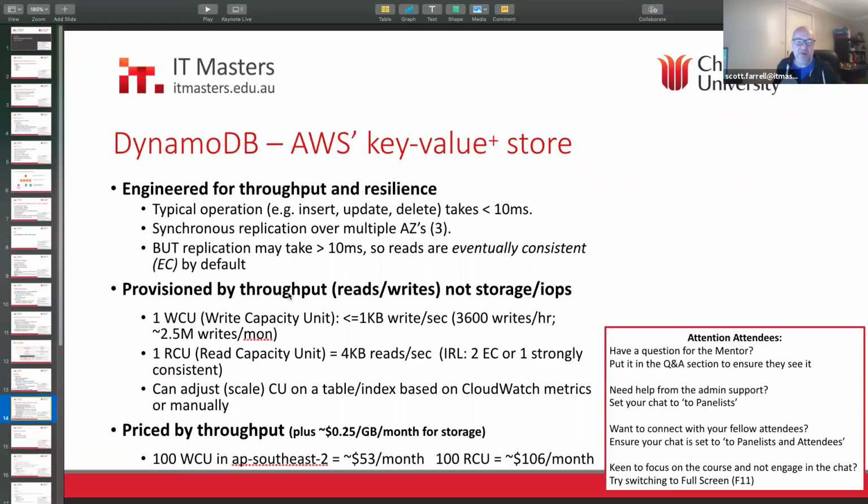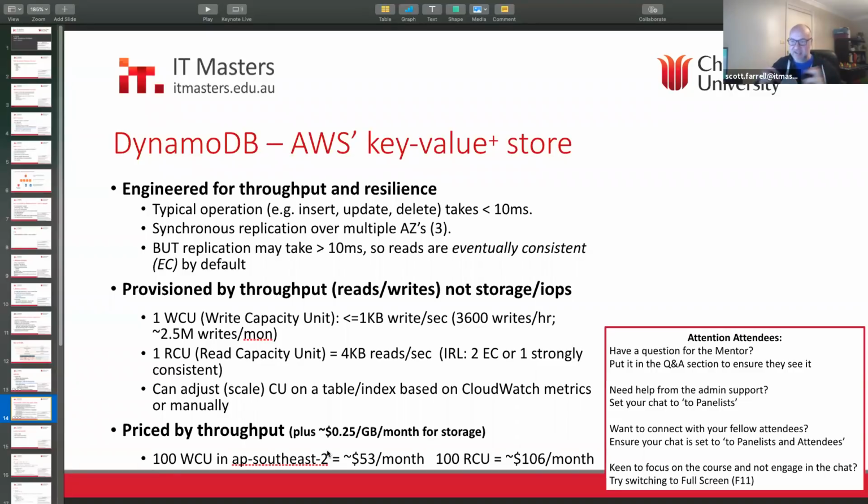It's very similar to paying for IOPS. But instead of paying for IOPS, you're paying for, they call it two different things, write capacity units and read capacity units. So roughly, without getting into too many details, you pay for how many queries you're going to write a second, and you pay for how many queries you want to read a second. You pay for the storage as well. And then Amazon works out how many nodes it's going to be on to achieve how many reads and writes per second that you're paying for.